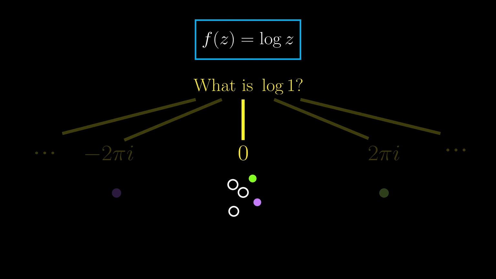If we make the sensible choice for each point based on its neighbors, this is the result. And again, you can see the abrupt change in color near the branch cut, which is conventionally taken to be the negative real axis. And the branch cut extends all the way to the branch point at 0 as well.